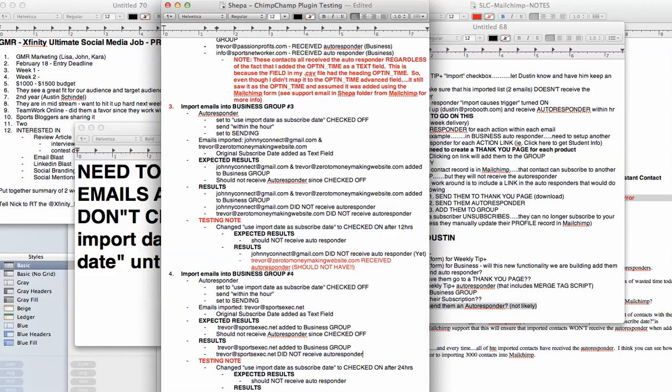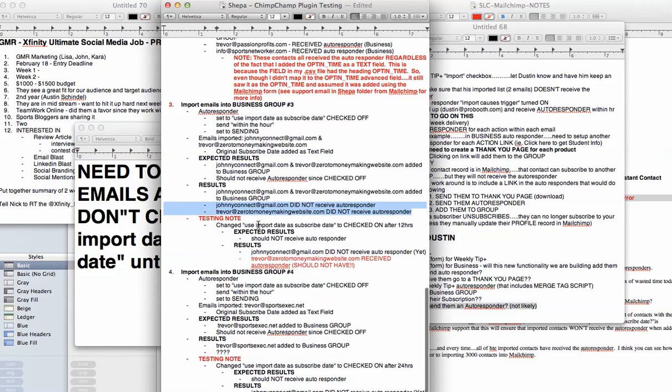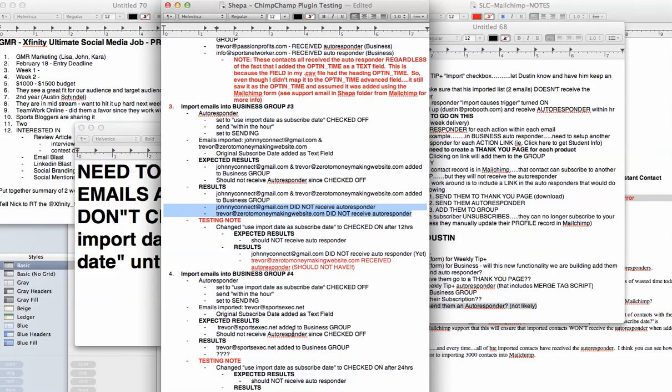and I don't know this result actually yet because I can't say if I did or did not receive it, because I'm going to have to let this play out for a little bit and see if I get one. But if it works the same way that the last one did, I did not actually receive the autoresponder in this case on a list that I imported exactly the same way. But now the only variable that I got to test on here is this one that